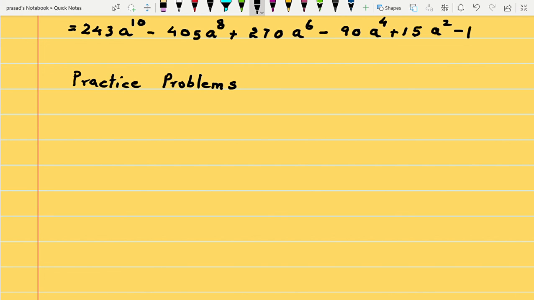So the first one, 2a plus 5 raised to 4, 3a minus 2 cubed,